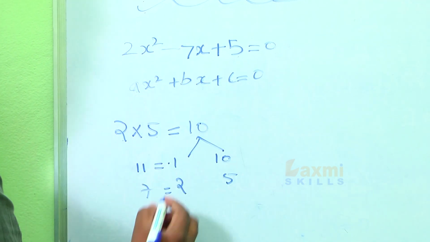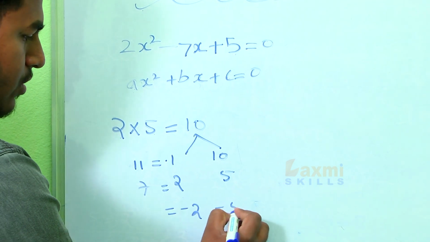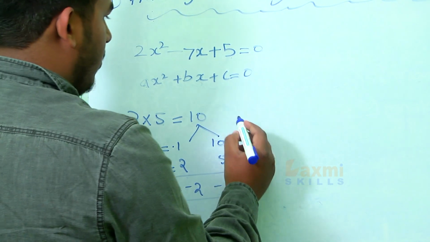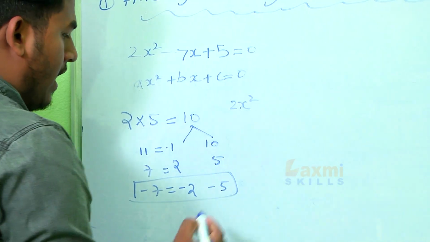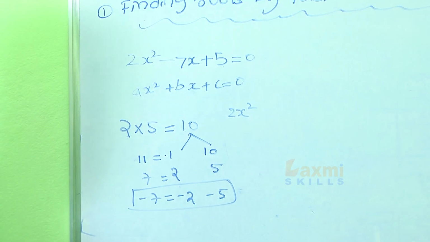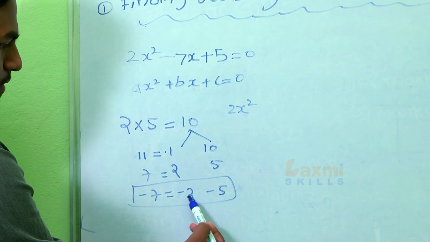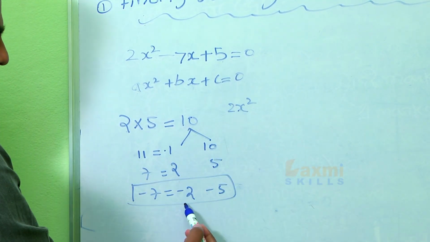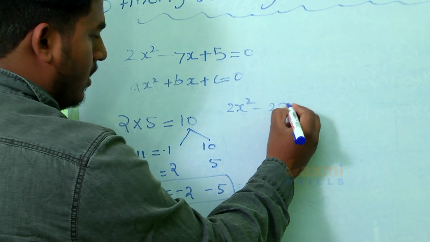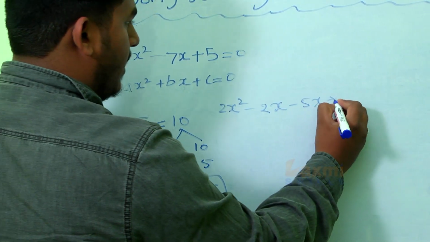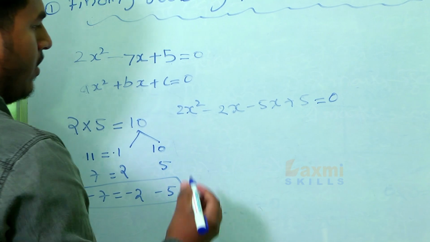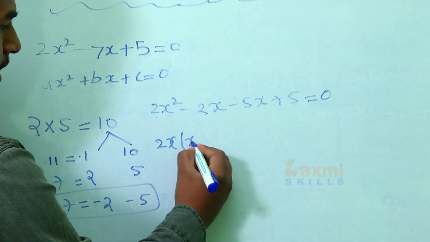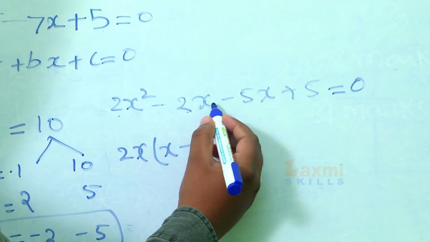So we require minus 7, so I am going for minus 2 and minus 5. It is minus 7. Take this value and place it over here: 2x square, and while writing this you need to keep in mind that you should take the terms in such a way that it is easy to take common from both terms. So I am taking minus 2x minus 5x plus 5 is equal to 0, and I am taking 2x